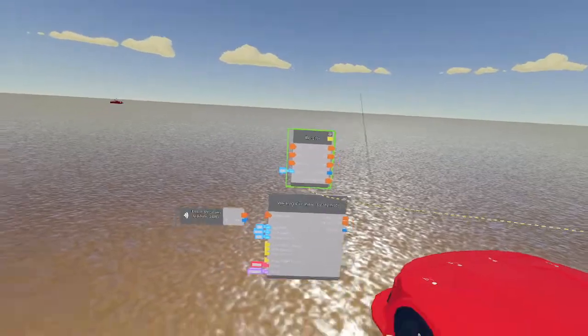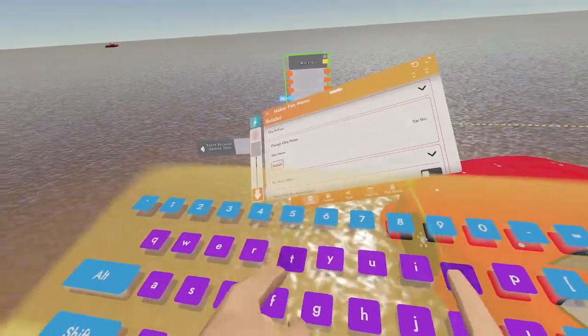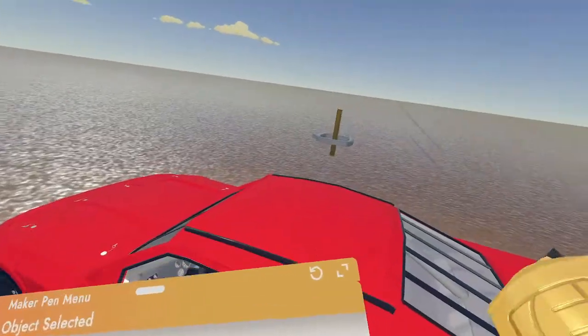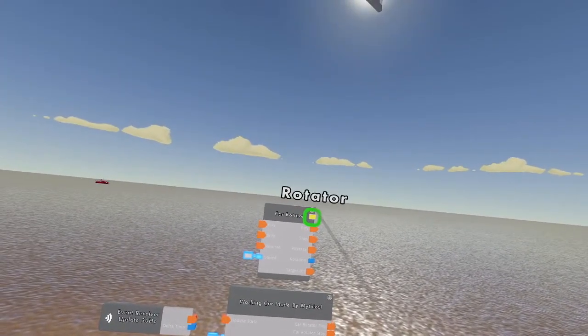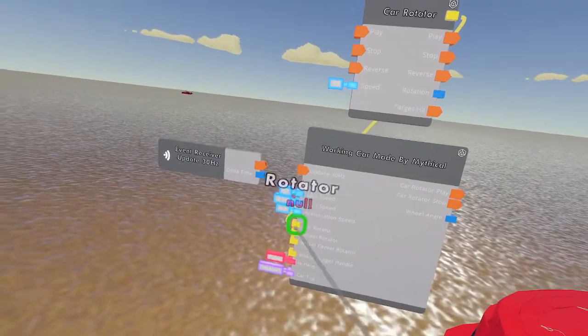And I'm just going to go ahead and name this one the car rotator, just the same as the circuit board. And make sure that it's going to be detached from the Rec Room object, so that whenever the rotator rotates, it's going to stay in place. Now, using your wire tool from your Maker Pen, just wire up this rotator outputs to the car rotator on